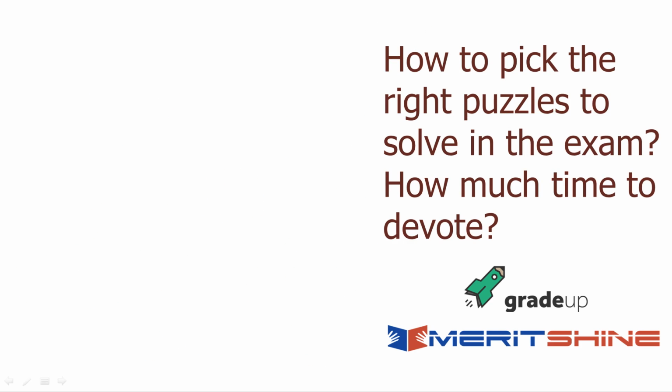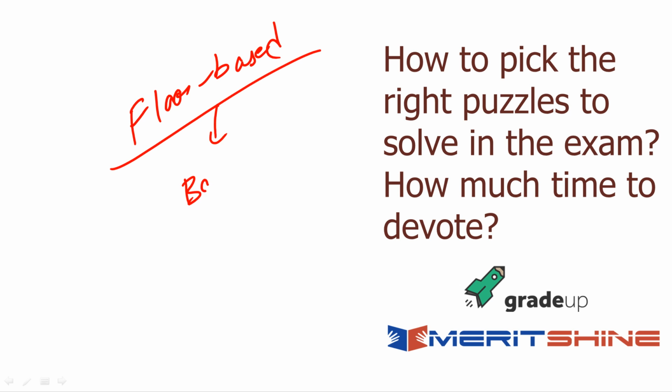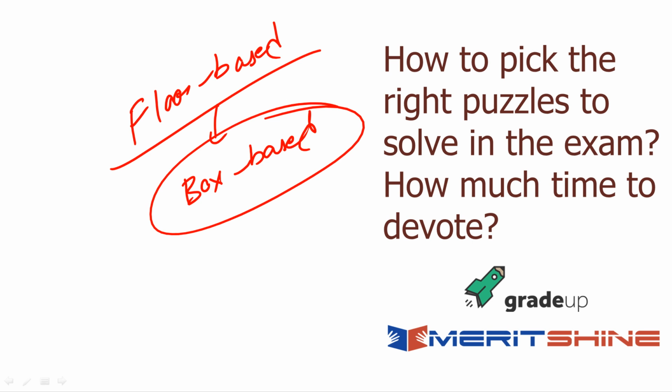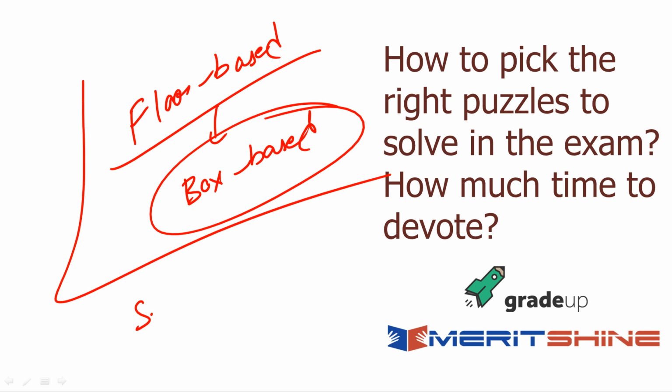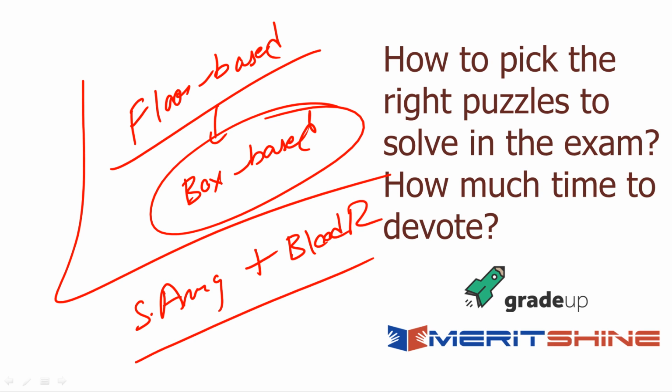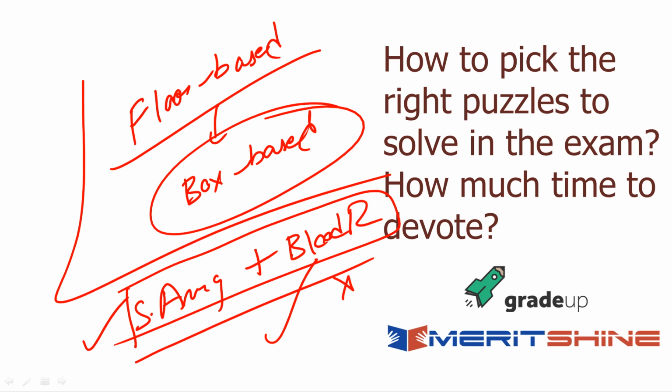Another word of caution here: do not develop prejudice against some standard types. For example, I have seen people saying floor based does not happen, nothing like that happens yaar, floor based or box based. Fine. It's just about an easy puzzle and a hard puzzle. People say seating arrangement, fine, it's a seating arrangement plus blood relation, fine, that doesn't happen. Arey yaar, nothing like that. I'll show you a very simple question on seating arrangement plus blood relations. It happens, fine. You can say that generally this type is difficult, I'm okay with that. But if you think that there is a seating arrangement blood relation, just 5 lines, do you not feel tempted to read it? At least I do,